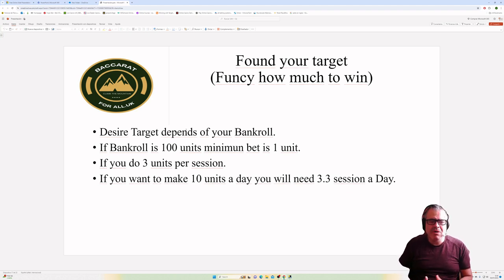What I will do is, after I work one week and make my 42 hours, I see my paycheck or my deposit in my account, my 500 pounds. So I will put 100 pounds in the computer and I will bet 1 unit. If you do 3 units per session, fantastic. Making 3 units is not so difficult. If you want to make 10 units a day, you play 3 to 4 sessions. I divide 10 by 3, it is actually 3.3 recurring, and you will have your 10 units. You will make your $10. It's not much, but you are learning.